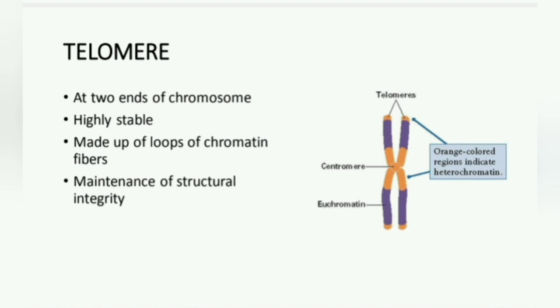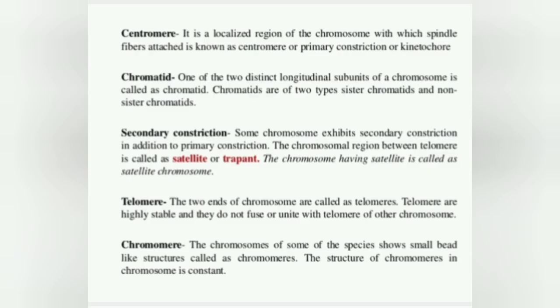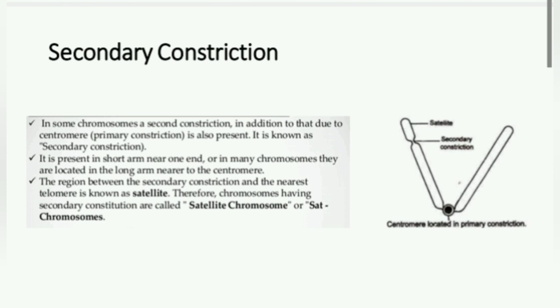And now the chromomere. The chromosomes of some species show small bead-like structures called chromomeres. The structure of chromomere in chromosome is constant. Here you can see some secondary constriction. In some chromosomes, a second constriction in addition to that due to the centromere, which is the primary constriction, is also present. It is known as secondary constriction. It is present in the short arm near one end, or in many chromosomes it is located in the long arm